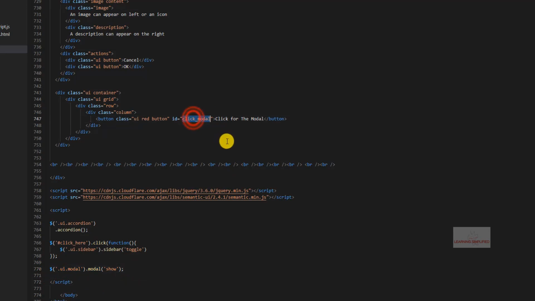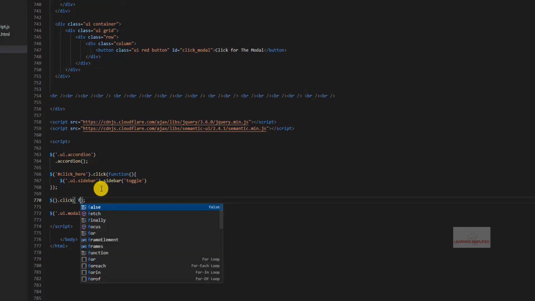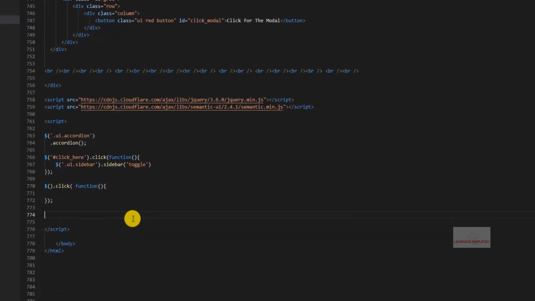So that is why we need to first of all use this click model ID right over here, and we will be creating here, so there it goes, and we need to paste this thing.